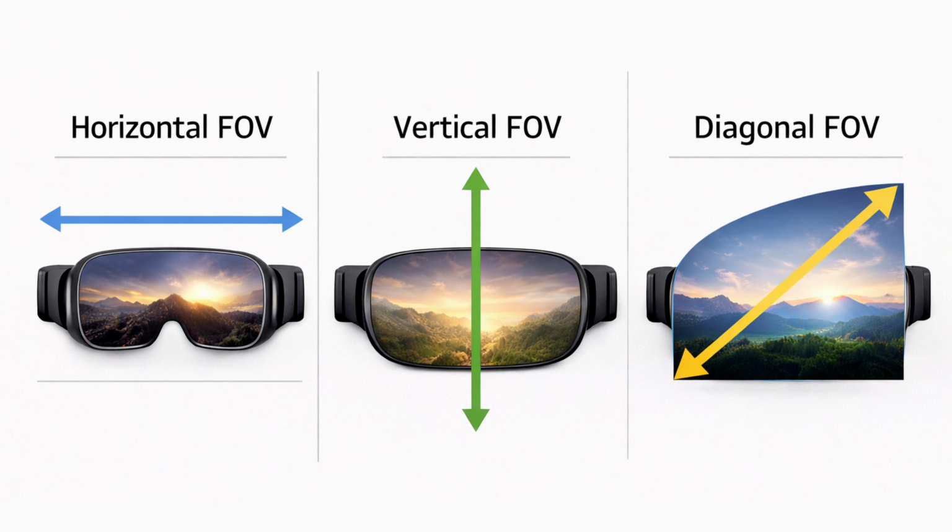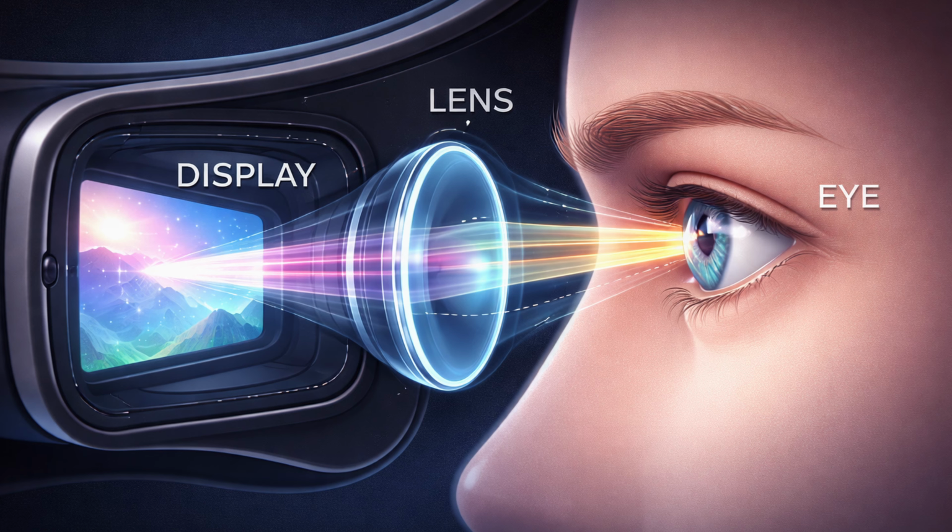Why FOV specs alone don't tell the full story. People who have been involved with VR for a while are familiar with the specifications. Some may have heard terms like horizontal, vertical, or diagonal field of view. All of these refer to the visual field in VR that is delivered to the user's eyes through the interaction